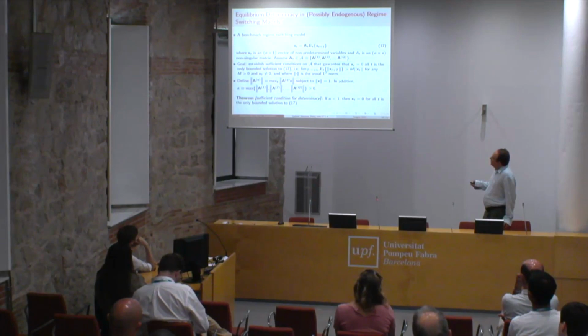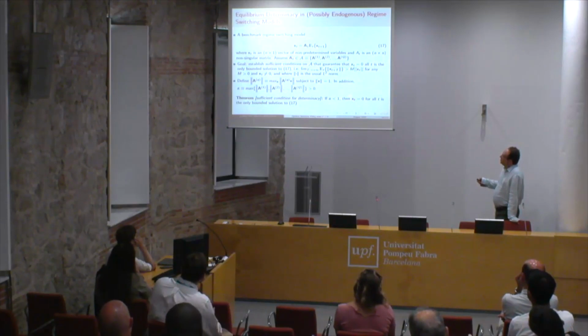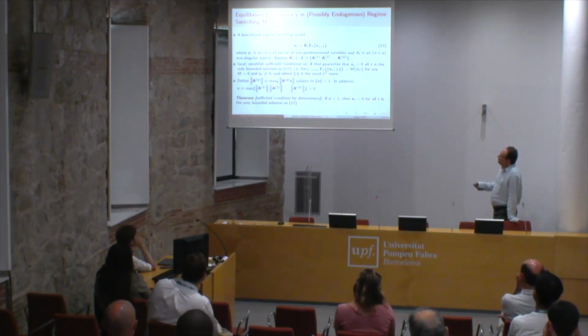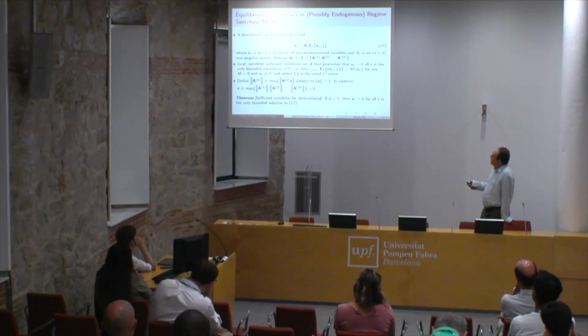And so there is a theorem in the paper that shows that under certain conditions, namely that this alpha, which is the maximum of these matrix norms of the matrices A1 to AQ, is less than 1, then this is sufficient for xt equal to 0 for all t to be the only bounded solution. Okay, the proof is somewhat technical and it's not so interesting here, but